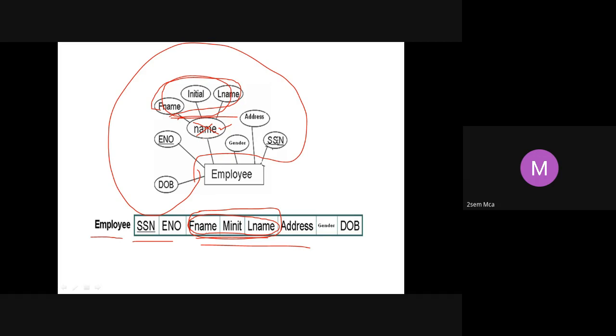For any strong entity, what is the first step? Any strong entity that you have in the ER diagram, simply convert it into a table along with its attributes as columns. When you make its attributes columns, try to avoid multi-valued attributes. If you have a multi-valued attribute, that should not be part of this table. You have to create a new table. If you have composite attributes, either store the composite attribute as one column or store the components. You cannot store both of them. This is your first step.